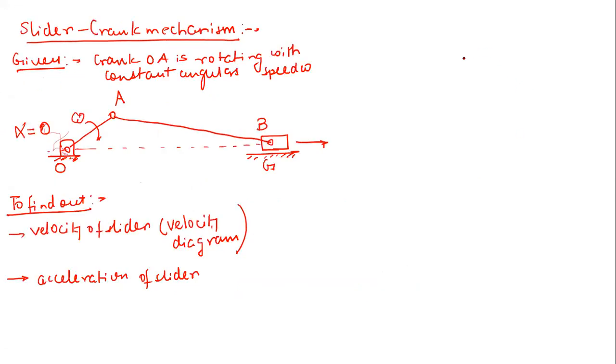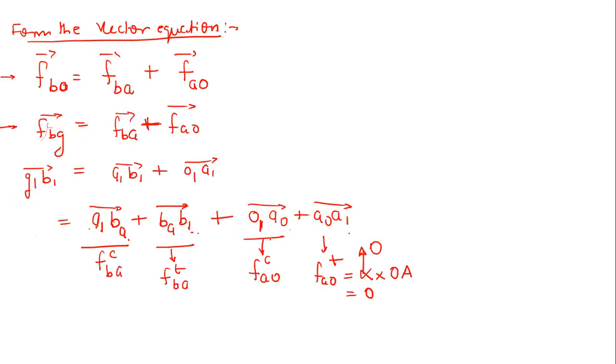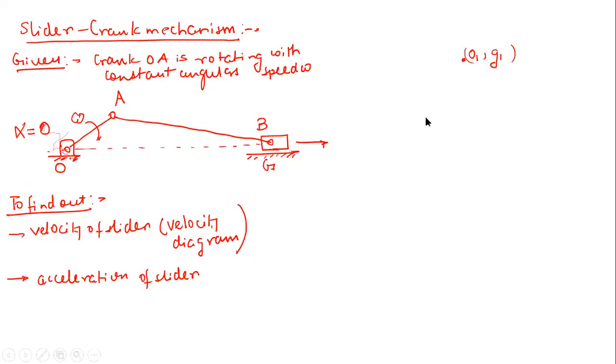First of all, we will locate the fixed points, that is O1 and G1. Now let us start drawing with this vector. Which vector shall I draw first? Where should we start from? O1 and G1. There is no vector like O1 B1. Sir, I am talking about that first we locate the fixed points O1 and G1. So that O1 I did. After that,